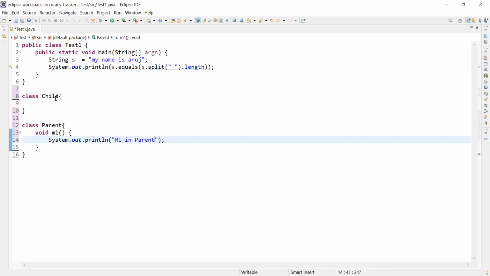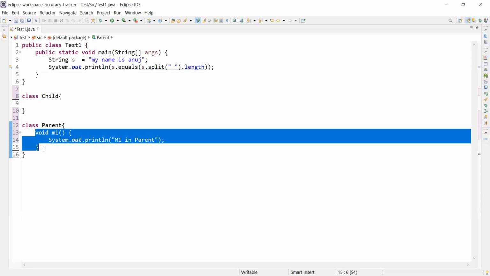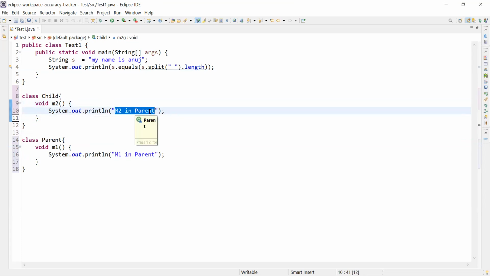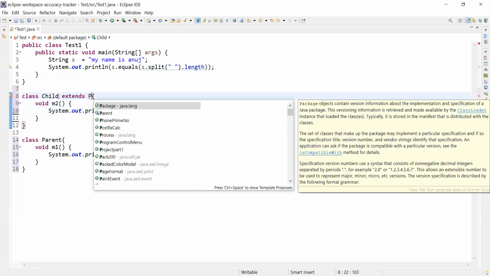And we have a similar thing in class child, but the method name is M2 for this example, printing M2 in child, and this class extends the parent class.